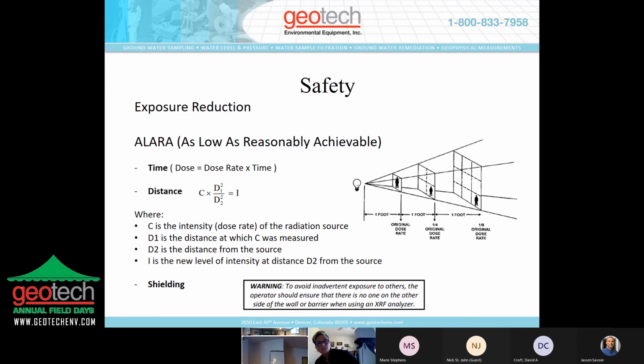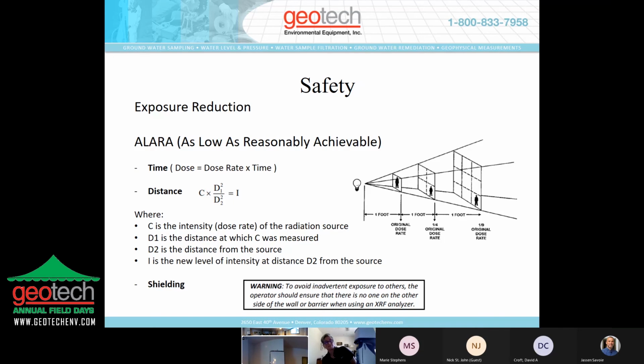So the 3 basic principles of protection against radiation are time, distance, and shielding. The amount of time you're exposed while the shutter is open is what they're talking about. If you've got an instrument that has a very old source in it and it takes longer to take a reading, once you're hitting like a 5-minute sample, then you're kind of just spraying X-rays into the air and exposing people, and your data is taking really long to get. So it's important to kind of resource your instrument